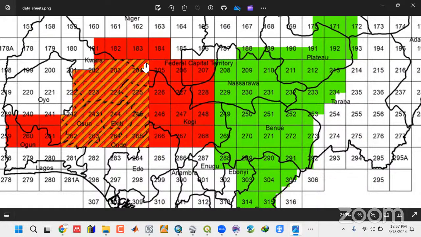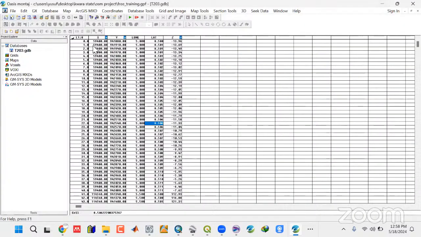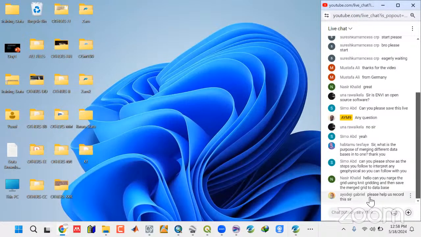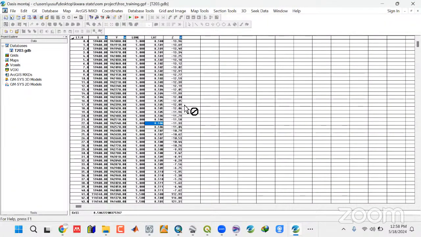In case you have a problem like this, you may not be able to figure out what to do if you have more than one sheet. If you have only one, then you just follow this and you can skip the issue of merging the database. So I hope the question is answered. Also, like I said, we are going to 14-day programs. So now from here,